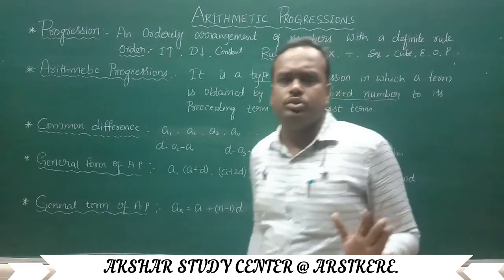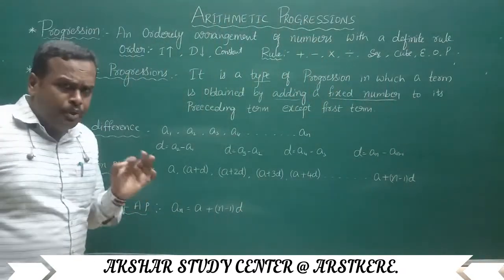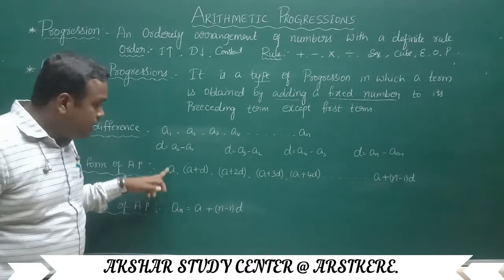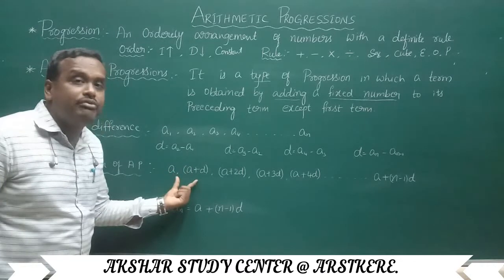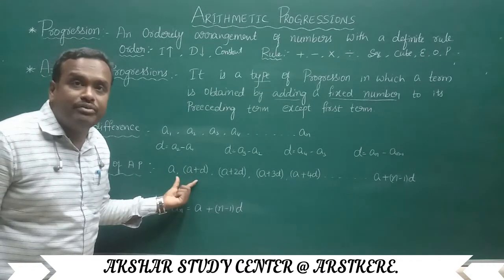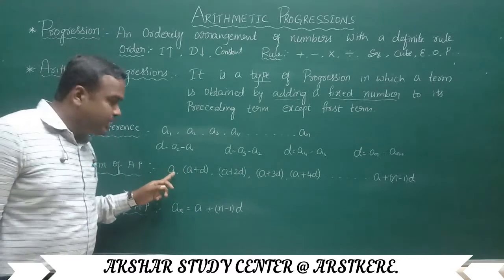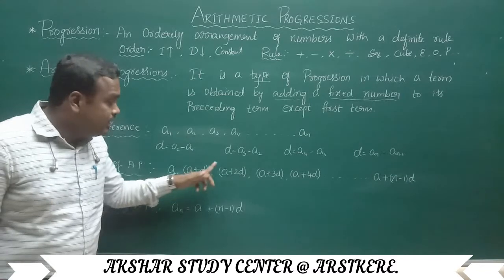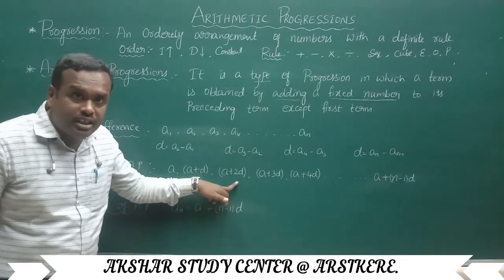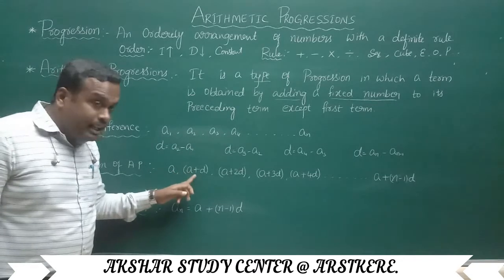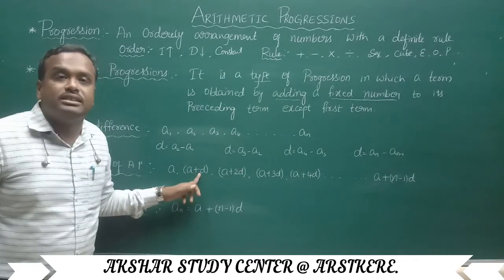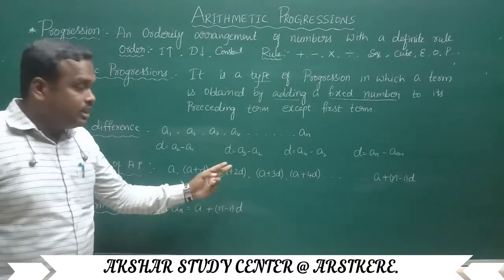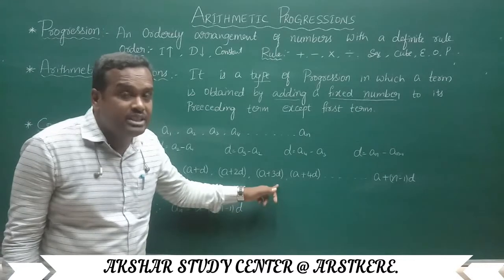Here what we have to know, see. A very important concept is that this is called the first term. This is the second term. What difference are you observing? Here there is no D. Here D is going to be added. Here again D is going to be added. Got it, children? That means in the second term, 1 time D is present. The third term, 2 times D is present. In the fourth term, 3 times D is present.